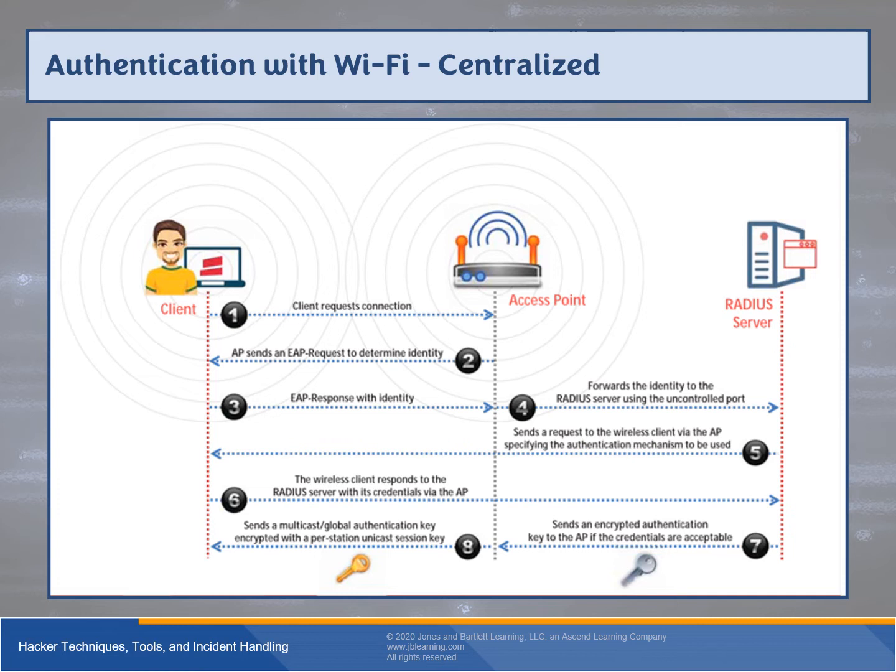Step 6, we've got the client responding to the radius server with its credentials, again via the AP, using it as a pipeline. And then based on the credentials, if it's acceptable or not acceptable, we're going to send a notable response. We're going to send an encrypted communication key to be able to link them in. And then we have what's called a global auth key that's encrypted with a unicast per station session key. So these keys are going to be generated based on a global auth, but they are going